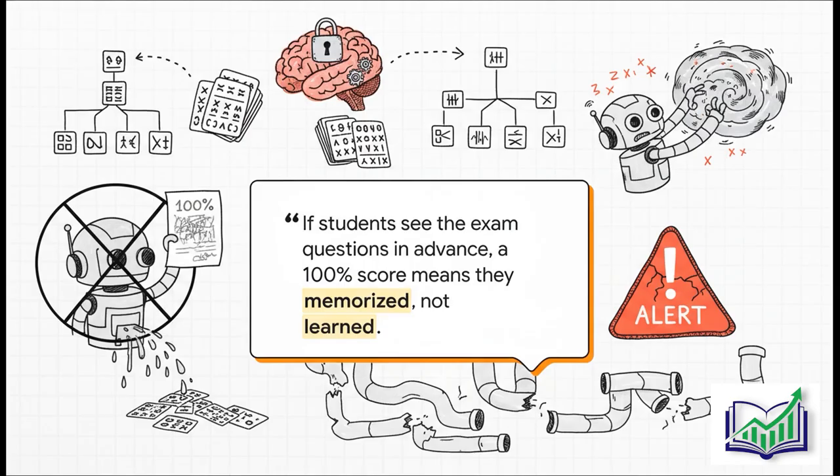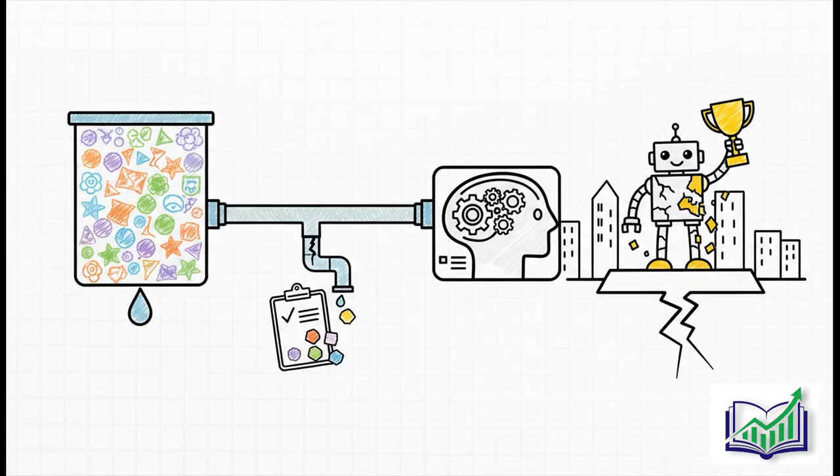We call this data leakage, and it's a cardinal sin in machine learning. Seriously, avoiding this mistake is non-negotiable. It's the foundation of building any model you can actually trust. But once we have that foundation in place, we can move on to the next level, really understanding and fine-tuning